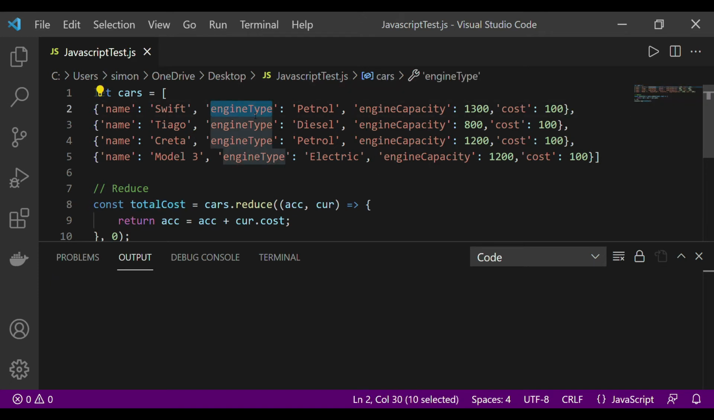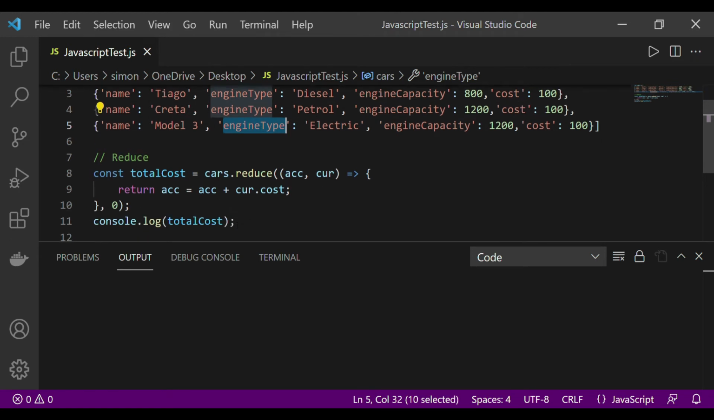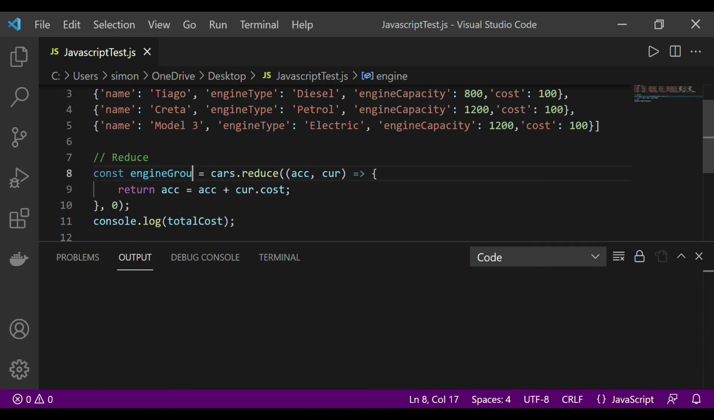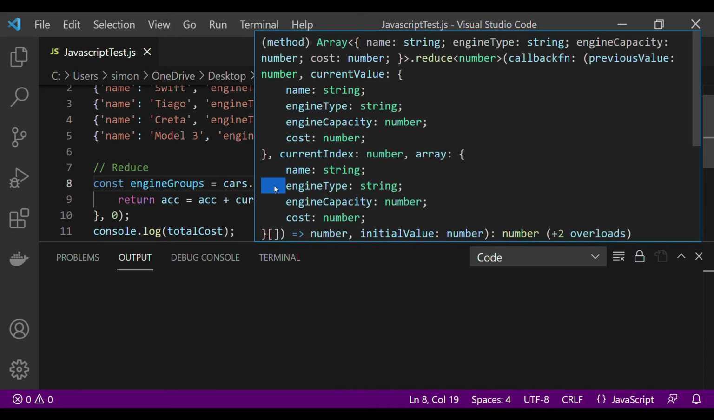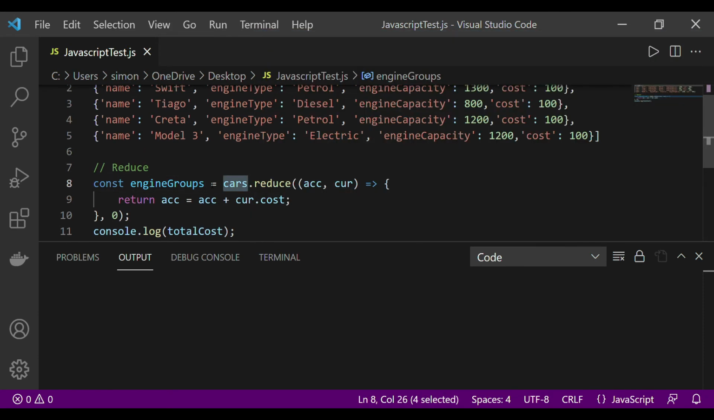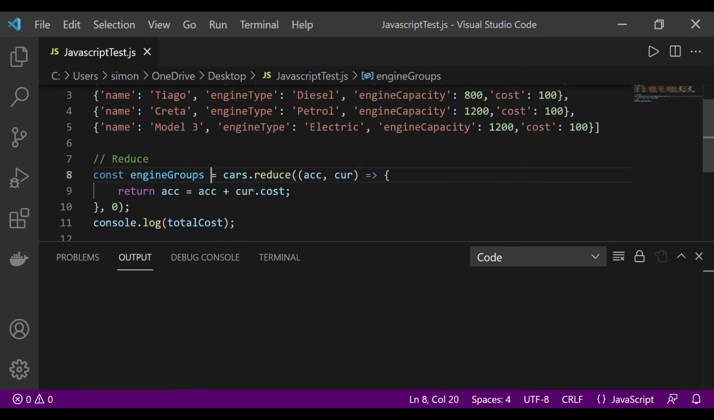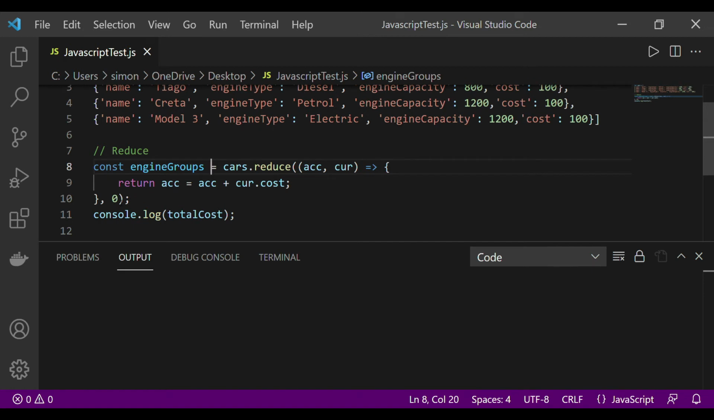Okay, so we want to see how many petrol engine cars there are, how many diesel engine cars, and how many electric cars are present in our cars array. To do that, let's change the property name to engineGroups, and we're going to call the reduce function on our cars. We still have accumulator and current values passed to our callback function, but here, instead of an initial value